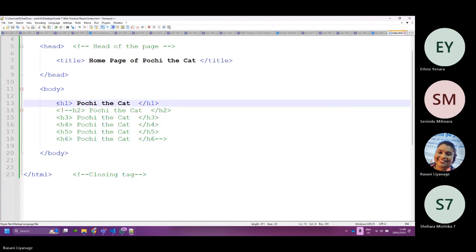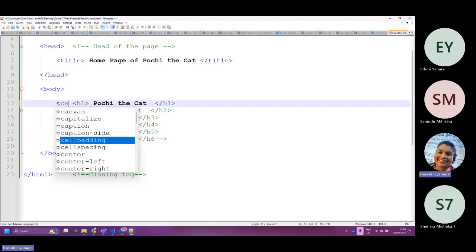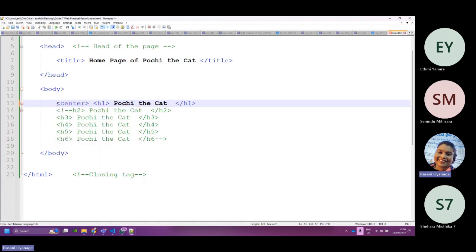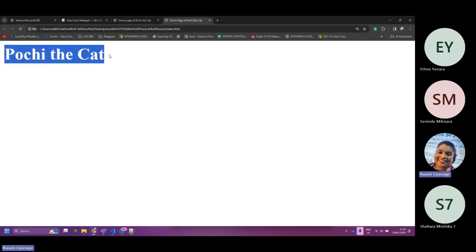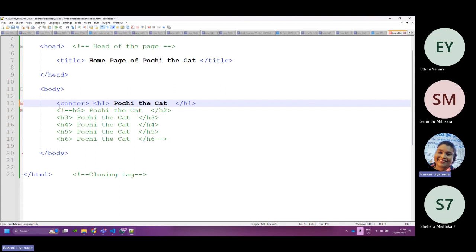Then H1 should be surrounded by the center tag if we want to center it. Now here, Poochie the cat is left aligned. We'll put it in the middle.